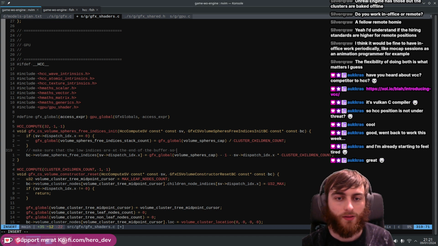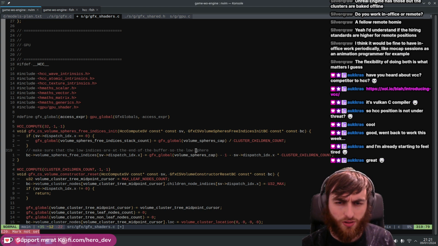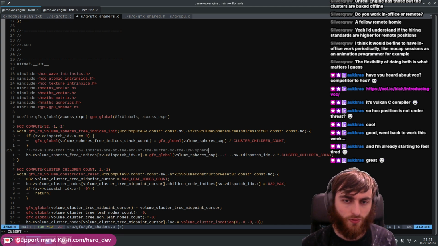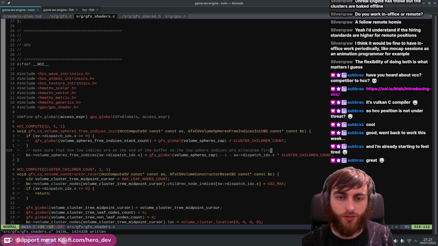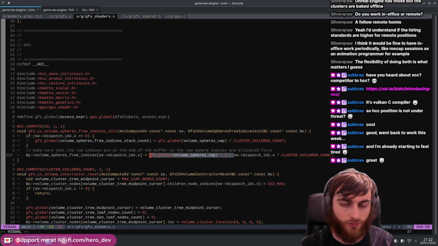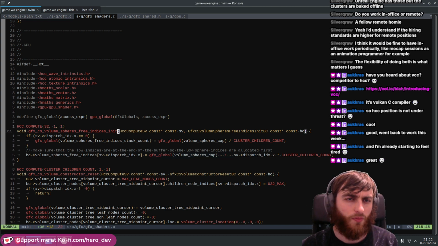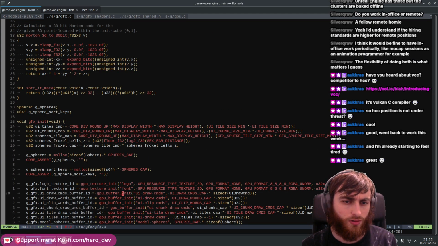So the low sphere indices are allocated first. It's mainly just so we can debug it better. But maybe in release this doesn't matter, but it doesn't really give you much. But we've still got a bit of a problem, I think, and that is when we launch this guy,